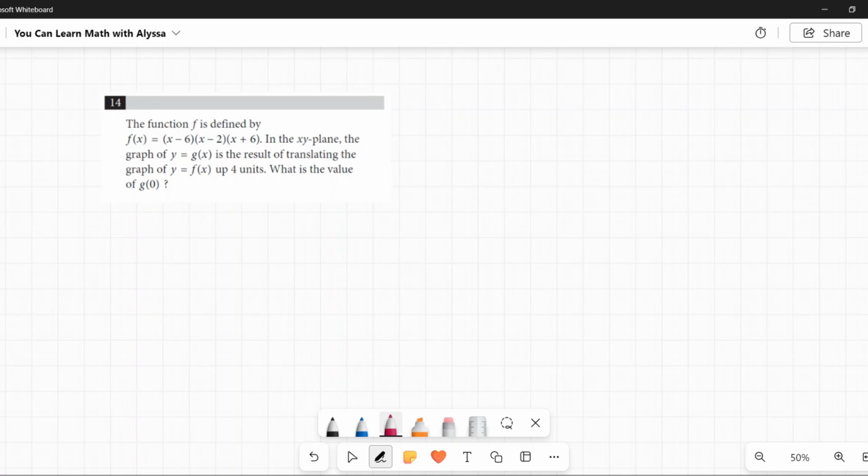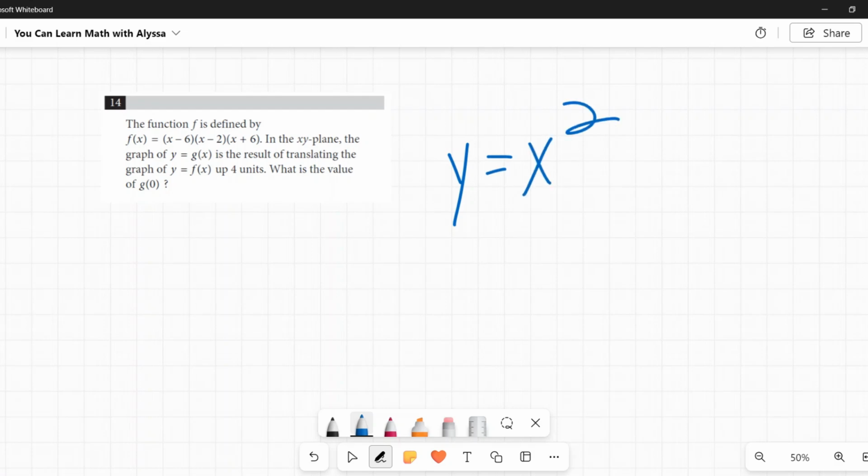The first way counts on your knowledge of translating and what it does to things. Here's the basic summary. There's a lot of detail you can get into, but this is the big stuff that you get tested on the SAT a lot. If I started with a function like f of x equals x squared,